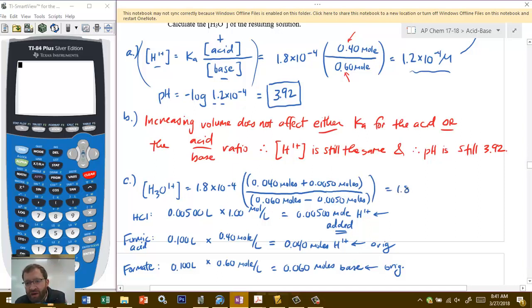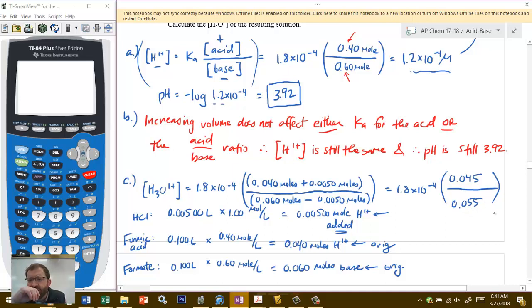We have 1.8 times 10 to the negative 4. That's still our Ka value. In our ratio now, we have 0.045 because we've added on the top. And by subtracting on the bottom, we now have 0.055. Okay, we subtract those out. Now you could go ahead and just punch all that in from the beginning. I just want to show you here that